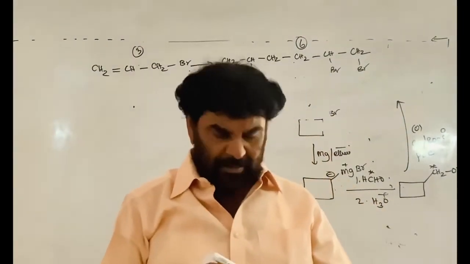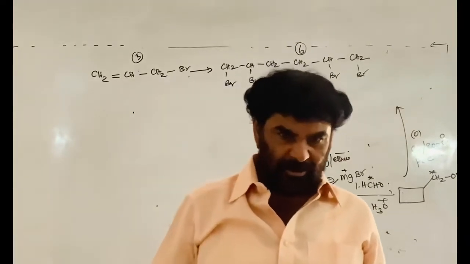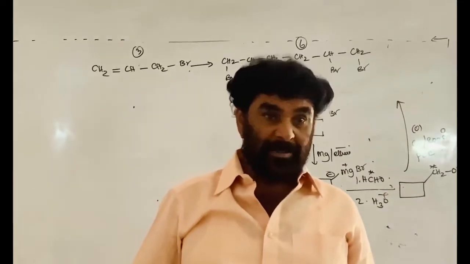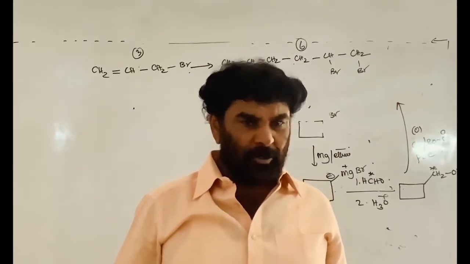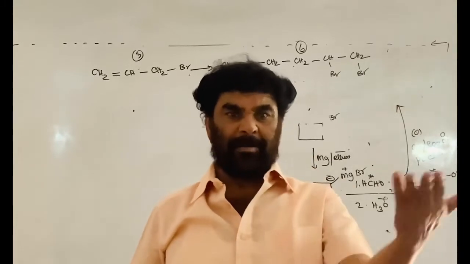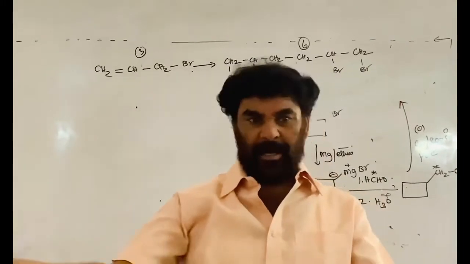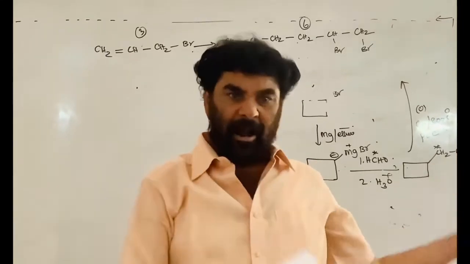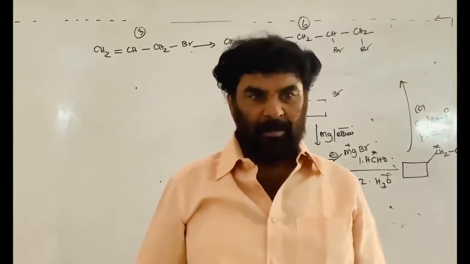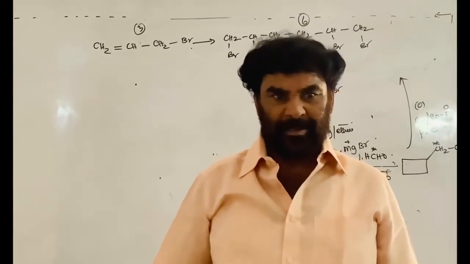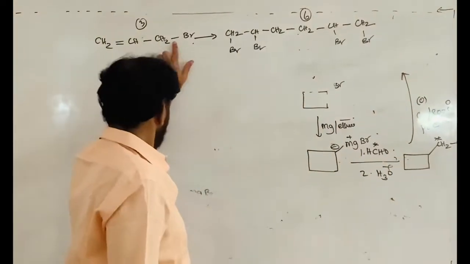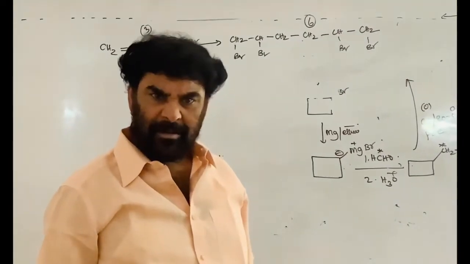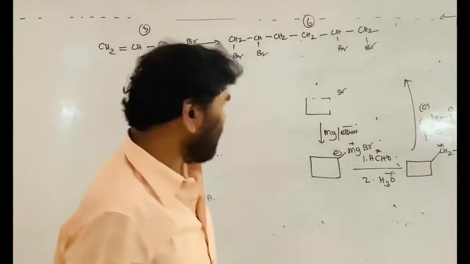See, increasing the number of carbon atoms is not an easy job, and doubling the number of carbon atoms. There are 2-3 reactions in which the total number of carbon atoms are doubled. One is the Wurtz reaction. The other is aldol condensation. So here it is a C-X bond containing compound. Why not we go for the Wurtz reaction? Let us see, by treating with sodium in ether.